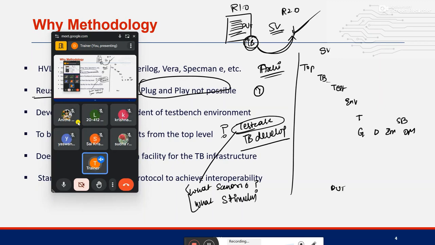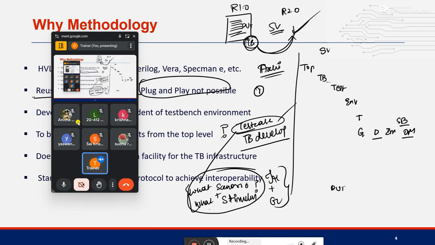The one who is writing the test case need not know what is written in the driver, what is written in the scoreboard, what is written in the output monitor. It is waste information for them. They don't want all that information. They need only these 2 points: what scenarios, for what all conditions I should write the test case, plus what stimulus is getting generated. Indirectly, I mean, the transaction plus generator file is all they need. That's it. Remaining files they don't need.